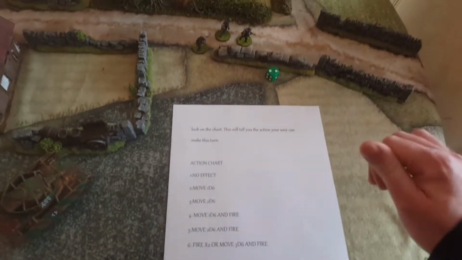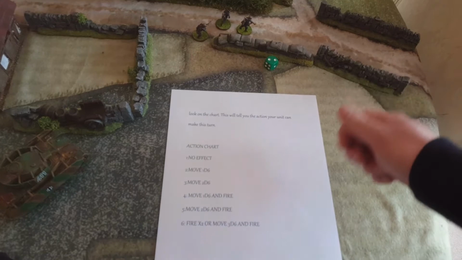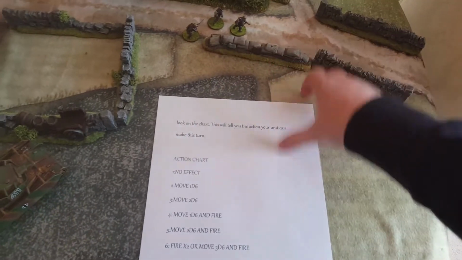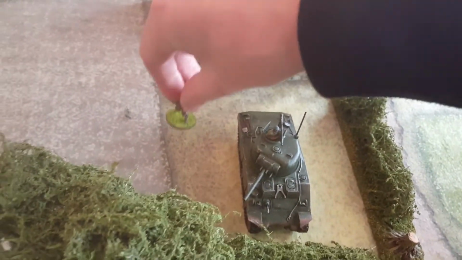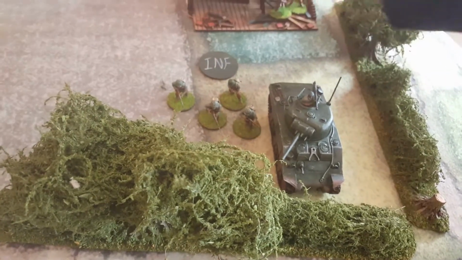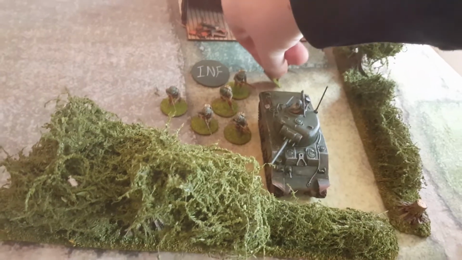So you're not going to be able to do what you want to do all the time. The roll on the d6 is determining what your unit can do. So we know we've rolled a 2, we can move 1d6. So let's roll the 1d6 for the infantry, and they can move up to 5 inches. So just for the sake of this demo, let's say they're moving up 5, but that's all they can do. They can't fire, so they've activated for this turn, and leave the token next to them so you know that